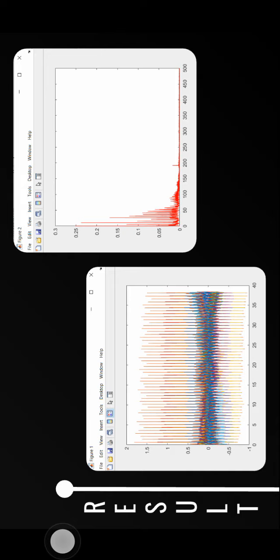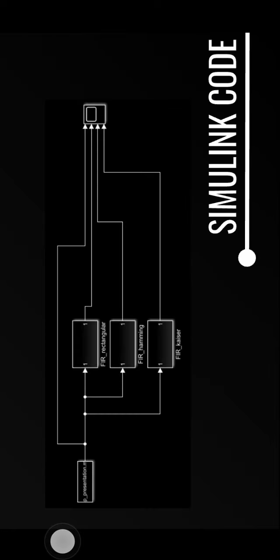Figure 2 represents the Fourier analysis of the signal, which you can see in the figure. In the following slide you can see the Simulink code which we have used to get an output in COM. First, the mat file is given as an input in this structure, whereas the rectangular and